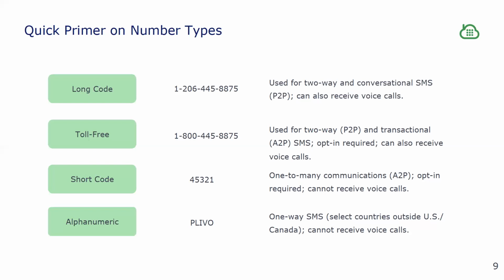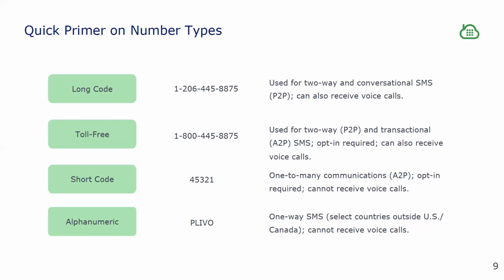And the different number types go through different content filters. Messages sent through long codes go through content filters. And if they look like A2P notifications, with sending patterns like sending links or sending many messages out from the same number in a short period of time, those types of sending patterns look like A2P traffic, and they will cause your long code numbers to get blocked, either by the network operator or at the carrier level.